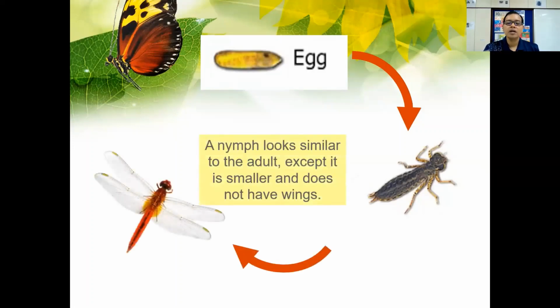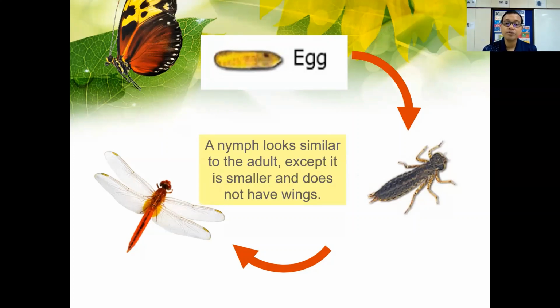Now, as the nymph grows bigger, it will come to a stage where it will develop wings proper, and it will grow into the actual appearance of the dragonfly itself. The nymph looks similar to the adult, except it is smaller and does not have wings. There is one more difference that is not mentioned inside this pack of slides, which is that the adult dragonfly has